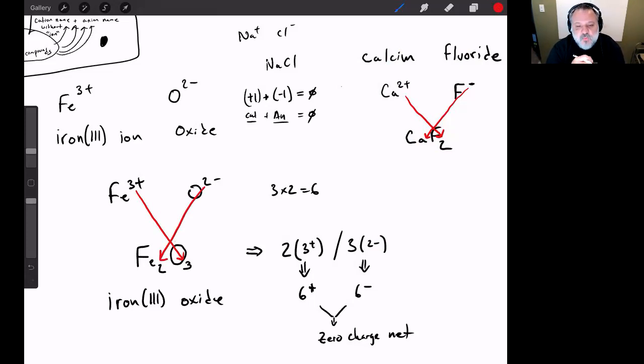So the question is, why can't we just add -1 to oxygen? And I'm not exactly sure where we're heading with that question. But remember that ions form particular charges, unless it's a transition metal. But even if it's a transition metal or a post-transition metal like lead, it's not going to take any charge